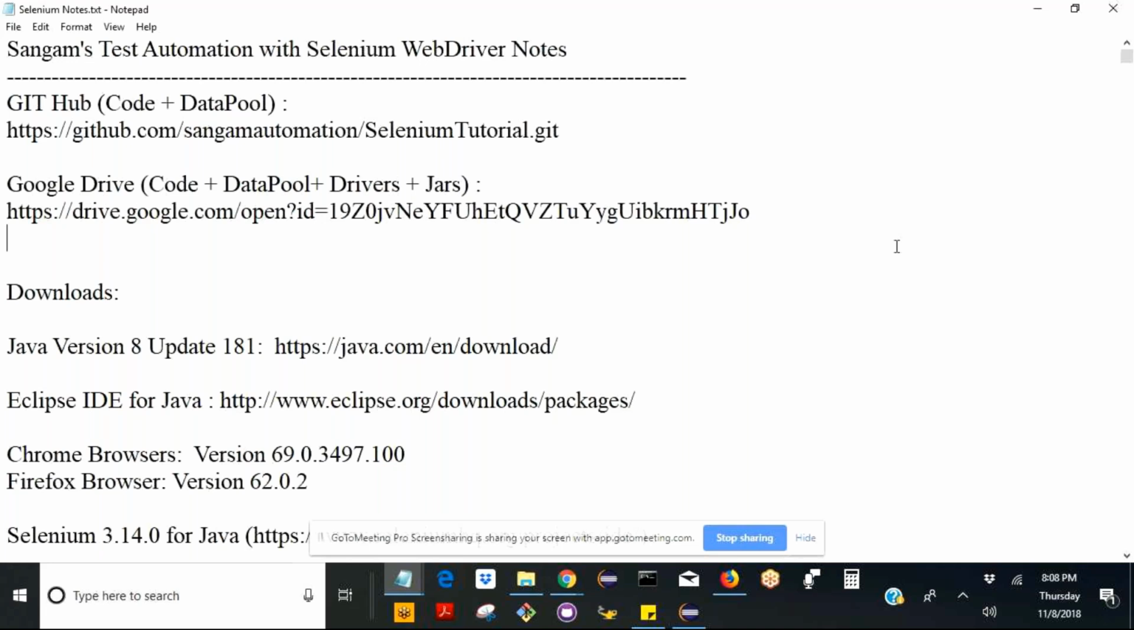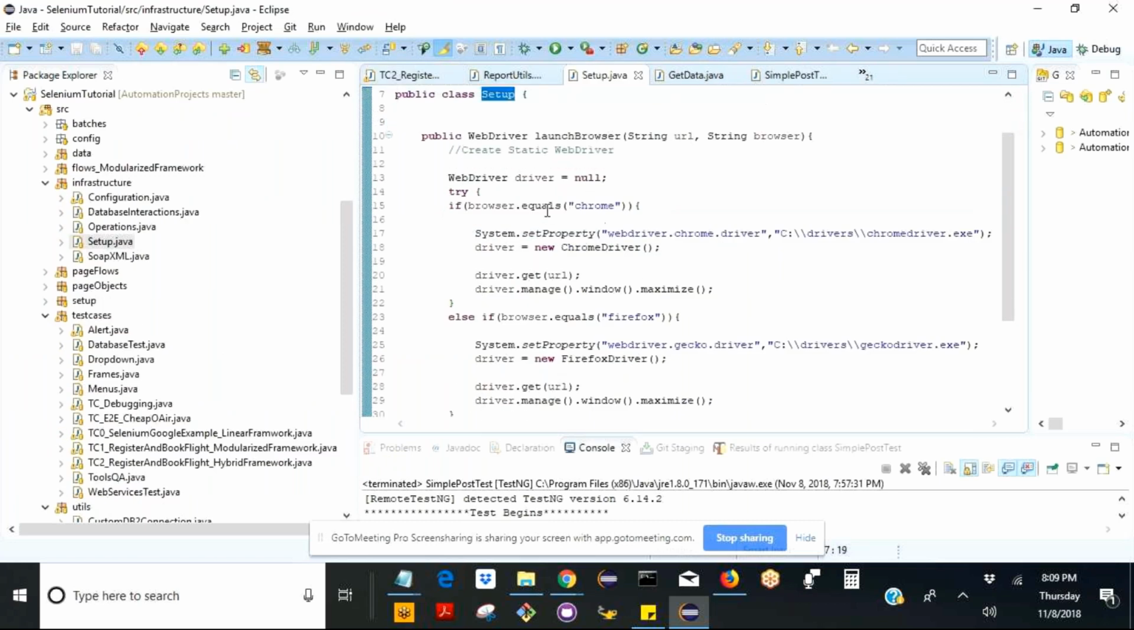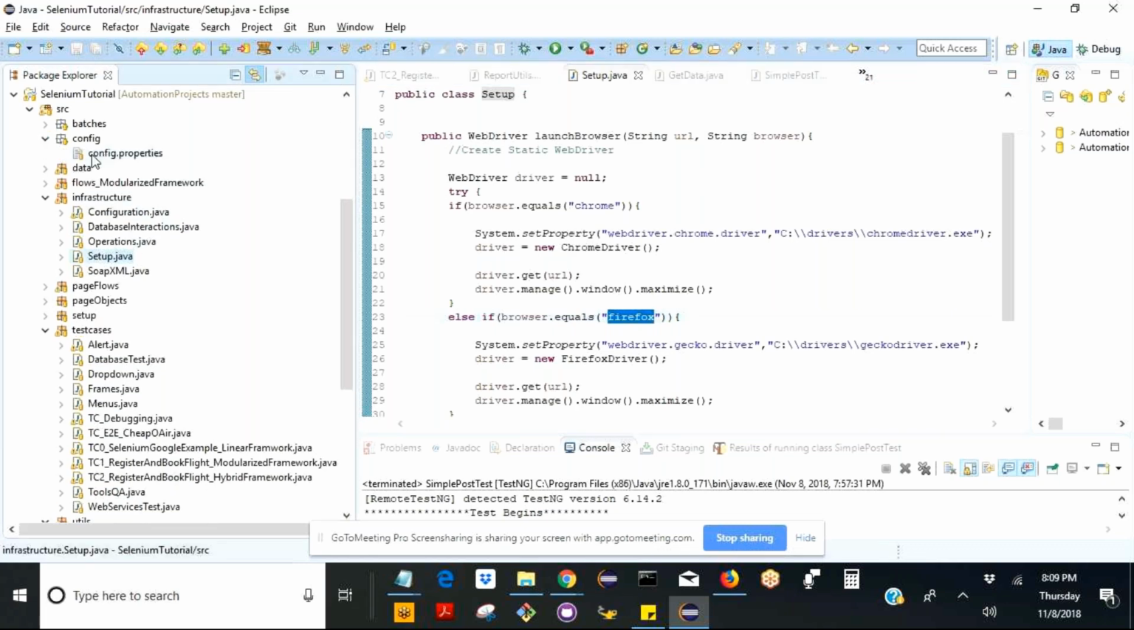Okay, last class we have seen a couple of things, including the data-driven approach with Excel, and we also tried to run using different browsers, right? Chrome we have already seen, but we have also executed on the Mozilla Firefox driver. All we did was just a change in setup. So I just made another if condition for Firefox, and this comes from the configuration. So based on the configuration property,